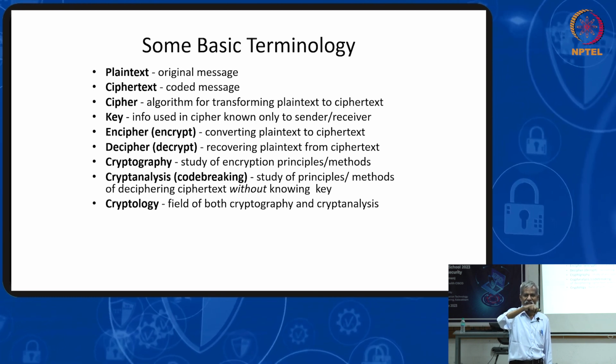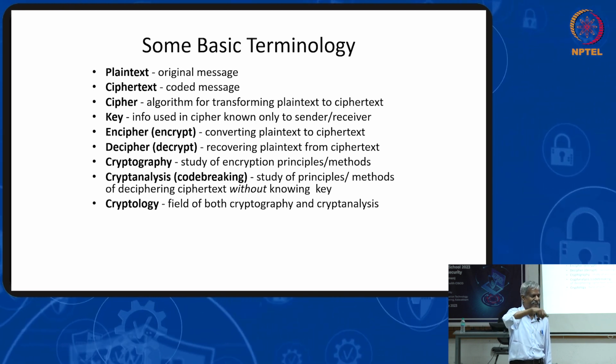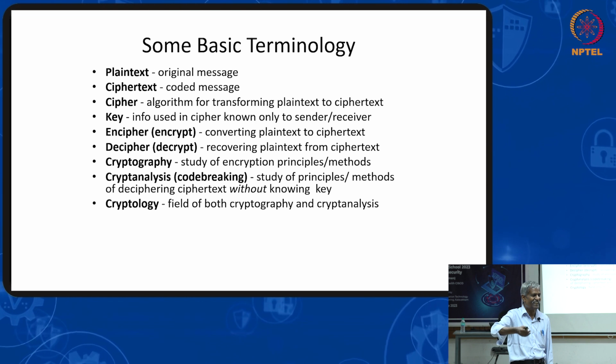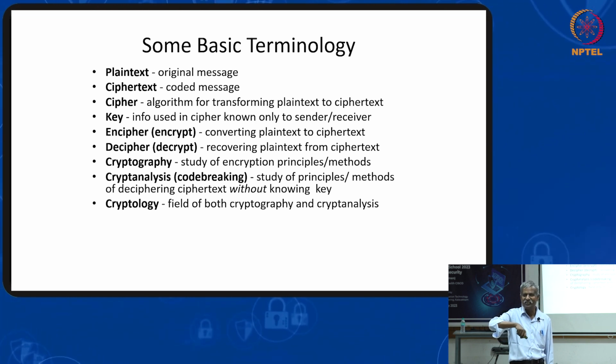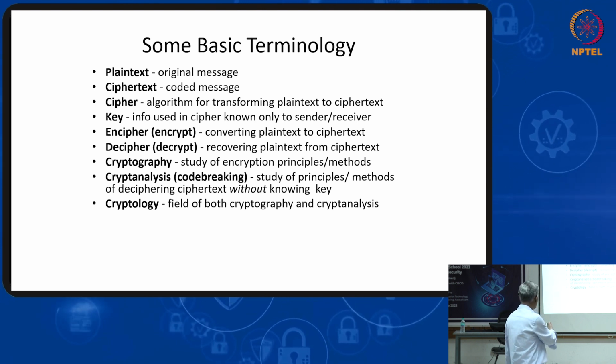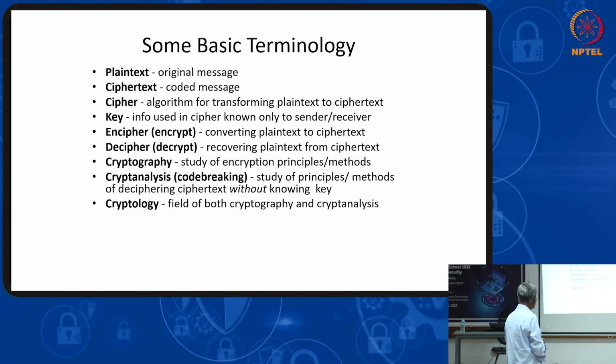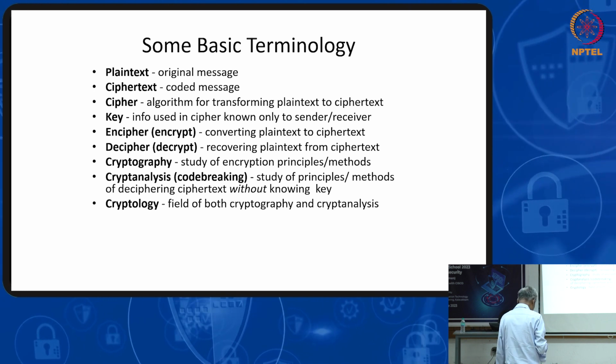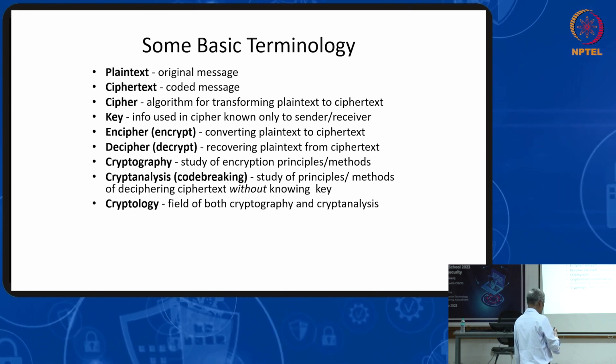For D, you are using this. For A, you are using this. T, date, with those three or four letters, they can understand what the key is. Once you understand the key, anything can be decrypted. So that analysis is called cryptanalysis. And cryptology is the combination of cryptography and cryptanalysis.